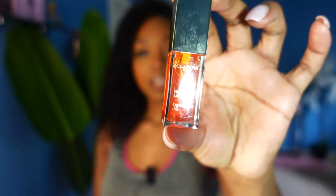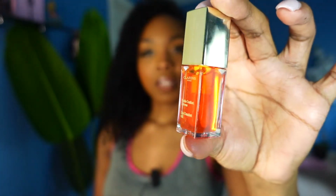So the very first item that I want to review is the Clarins Lip Comfort Oil. Here it is. Nice bottle. I want to say it was between $20 and $30, and I got mine from Macy's. The reason I decided to go with Clarins, well, first of all, my friend Deanna told me about it, and